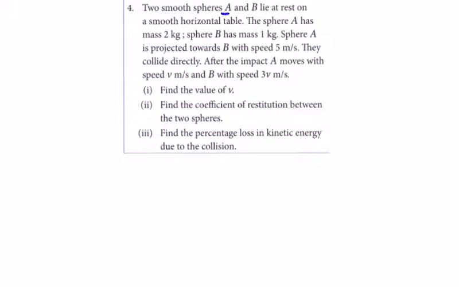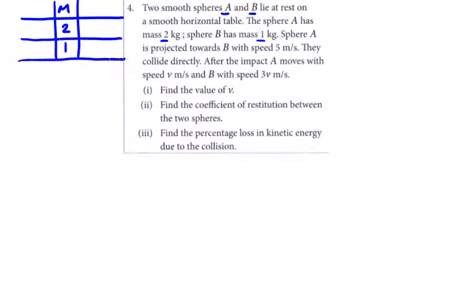Question 4, we have 2 smooth spheres. We have masses of 2 and 1. You may not have to do this table, but I think it's handy to do. You are all grown adults. You will make your own decisions. Projected towards B. So we've A projected towards B with speed 5. So they're at rest. So if A is projected with a speed of 5 towards B, which is at rest,